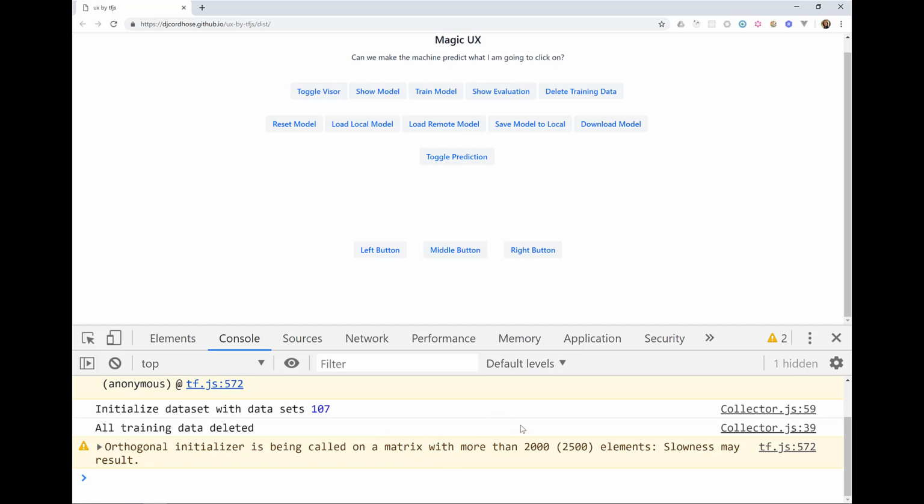And most of the output down here, you can disregard. I'm just having the development tools open to give you a little bit more transparency. And you already see some TensorFlow.js taking place down here. But the first thing that we have to do is to collect data. And this data consists of the mouse movements that you do before you